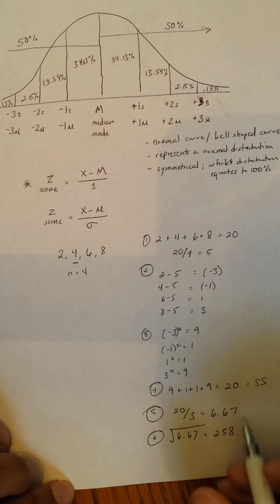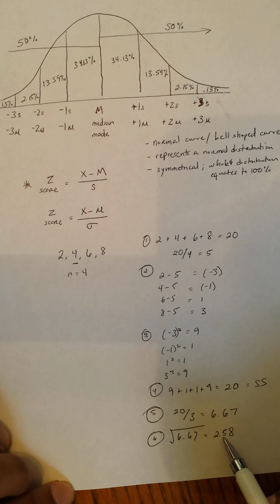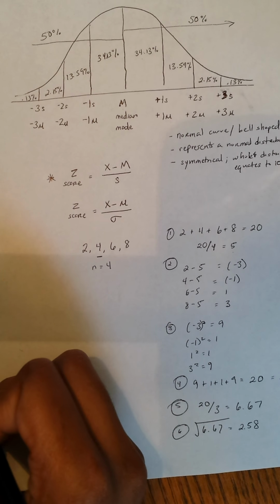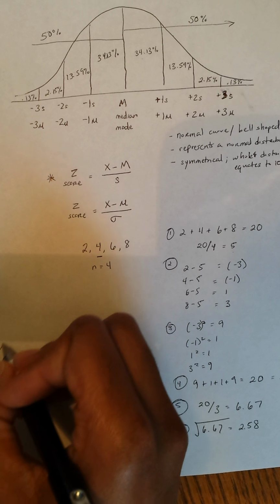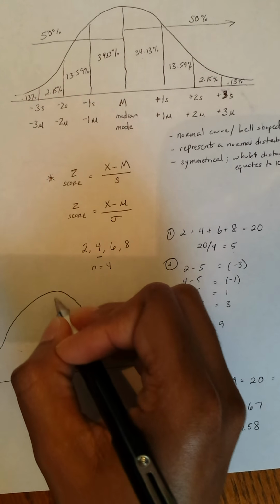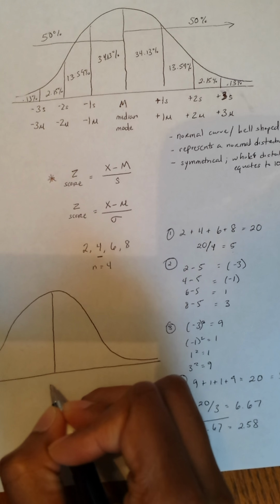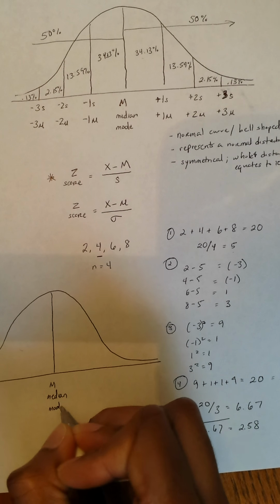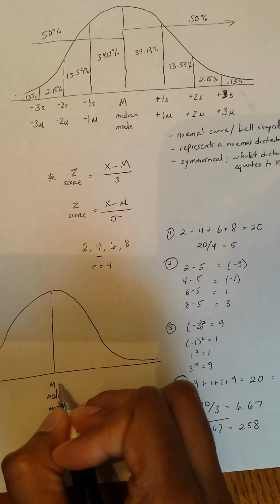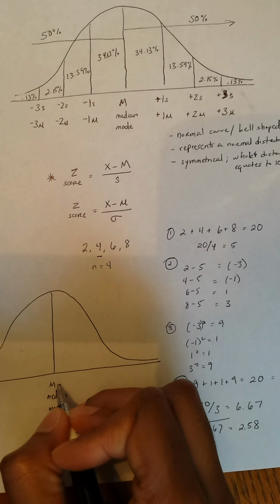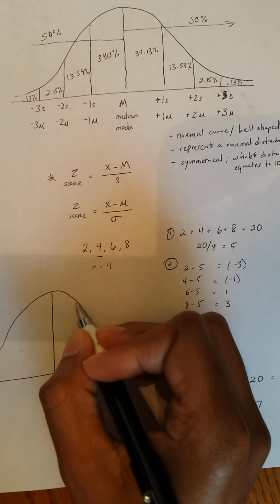Okay, so let's take the standard deviation and this mean that we just calculated and apply it to this normal curve. So what I'm going to do at this point is draw a normal curve down here so that you can see it. Mean, median, mode. And the mean is in the middle, right? So we know that the sample mean for this particular data set is 5, right? Then we have